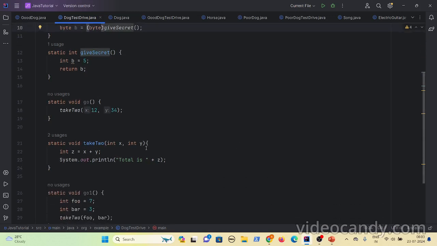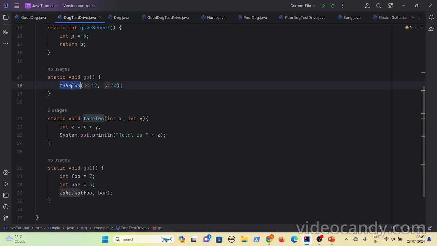And let's see here what happened. Let us think that inside the go method, we are invoking the take two method. So this take two method has two parameters, so you should pass 12 comma 34, and then it will do some addition logic and then return the value.